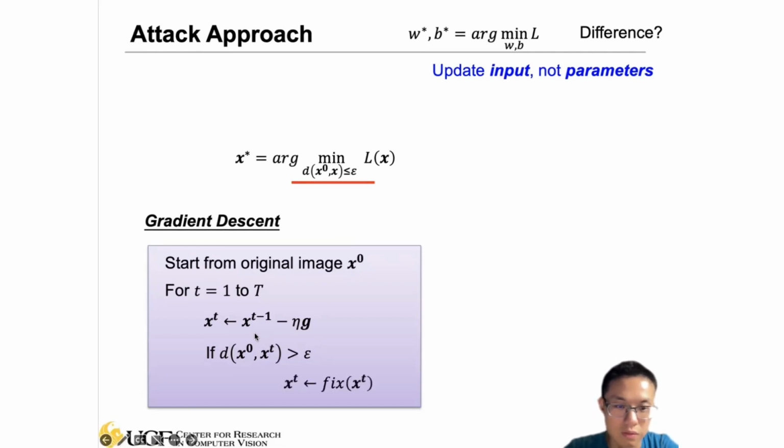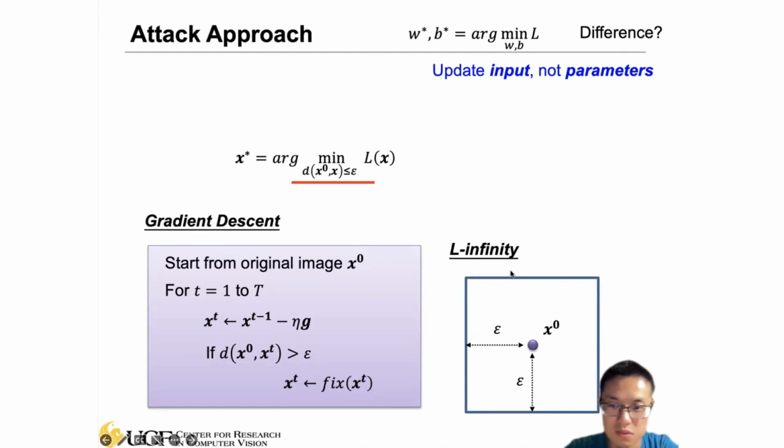So, if the distance is smaller than the threshold, we just keep doing this, we keep updating. But if we detect the distance is going to be greater than the threshold epsilon here, then we have to take some action. Because in the condition here, we want to restrict the difference to be less than this threshold. So the simple way we can do is,